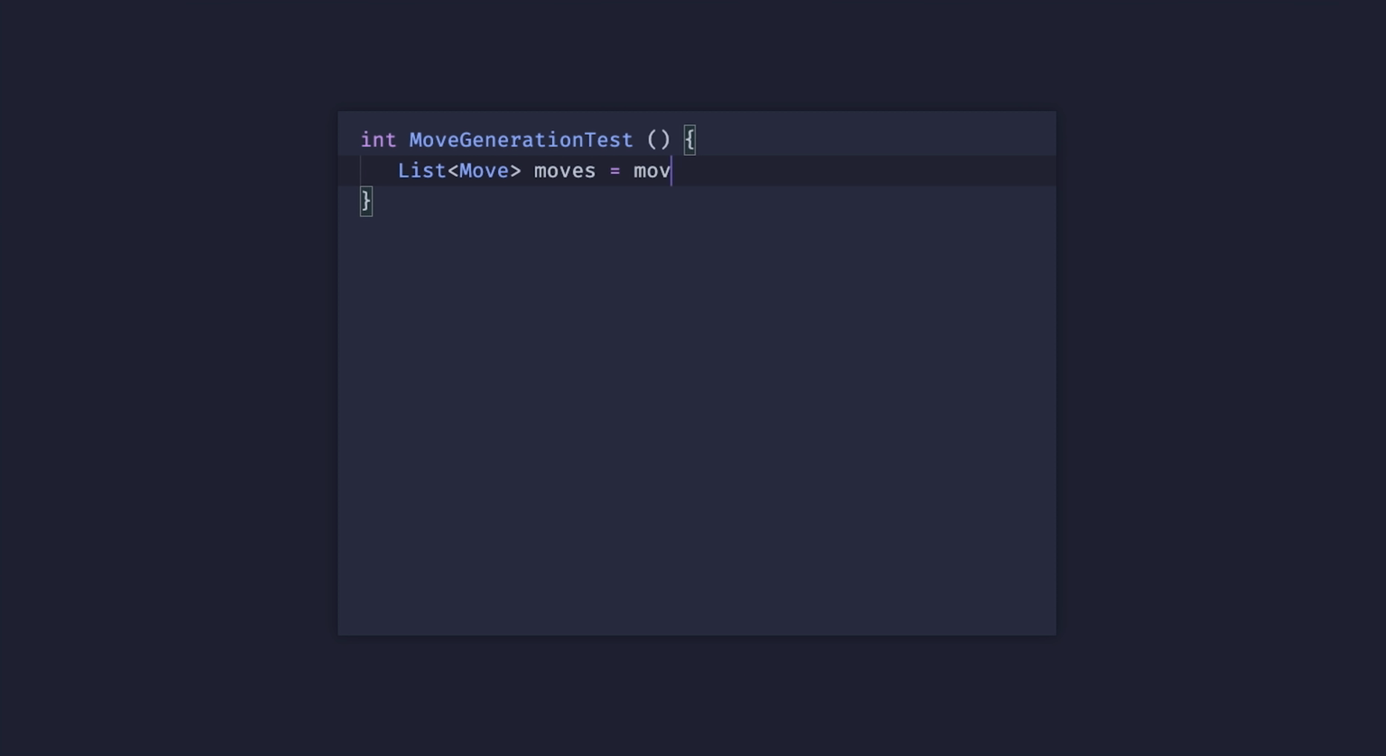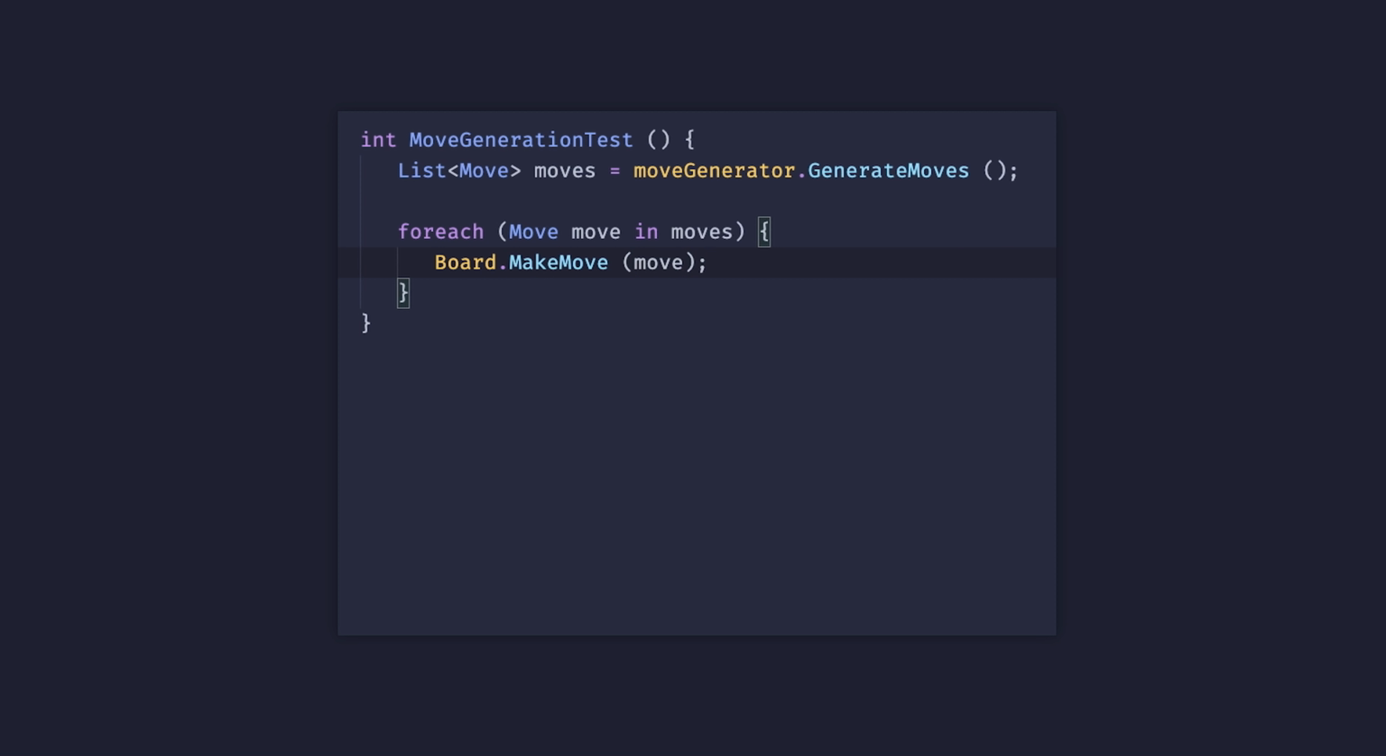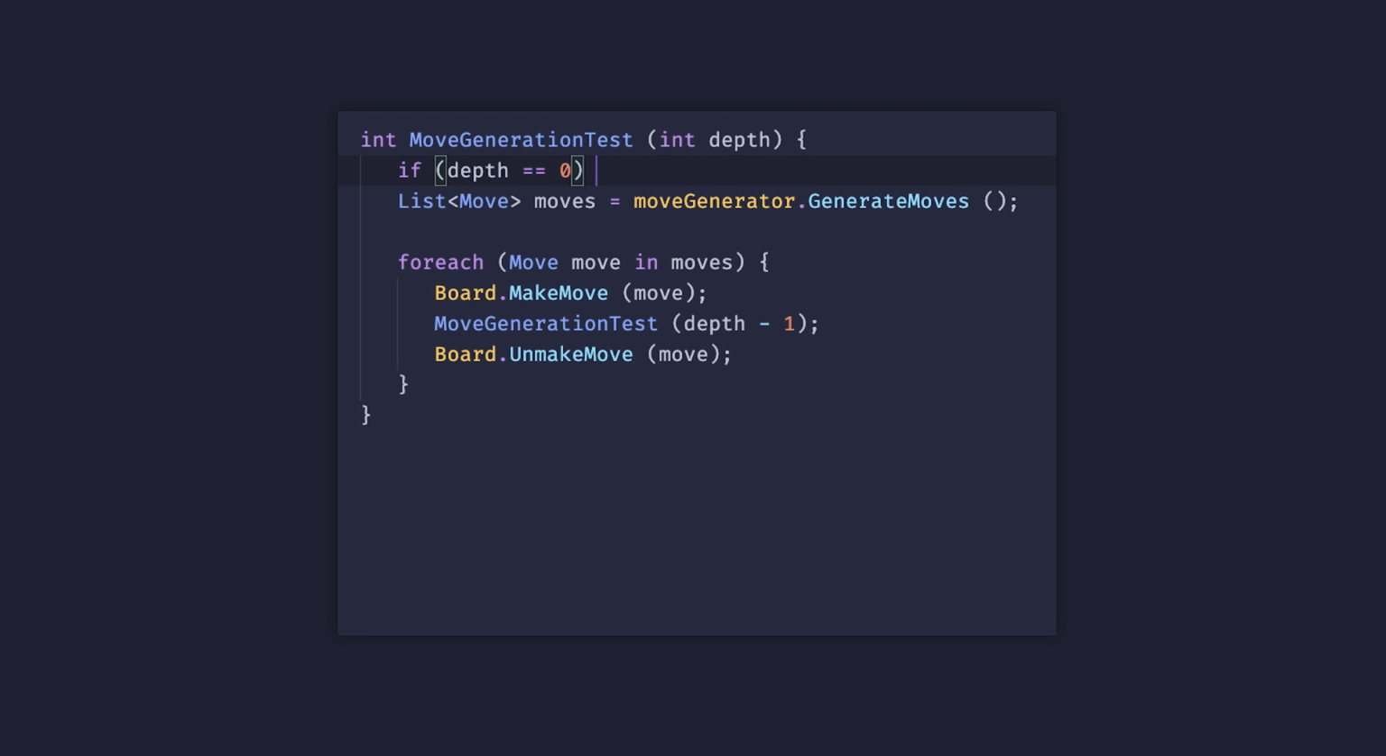Let's write a function that gets all the legal moves and one by one makes them on the board. It then recursively calls itself, so that for each move it makes each of the opponent's responses, and so on to infinity, or more realistically until my computer runs out of memory and crashes. To circumvent that, I'll add a depth value that decreases with each call, and when it reaches 0, we'll stop